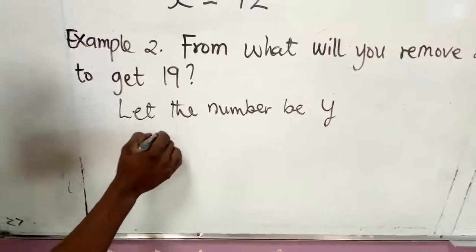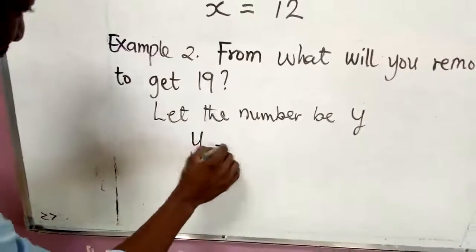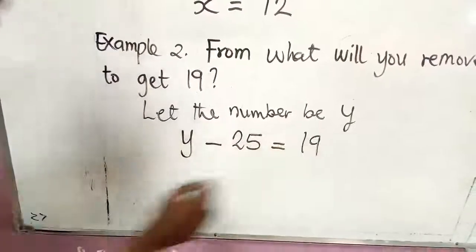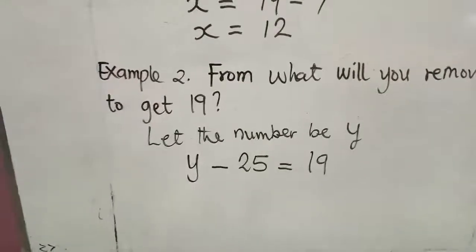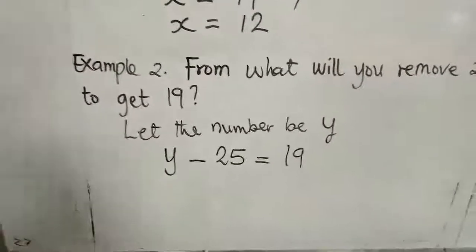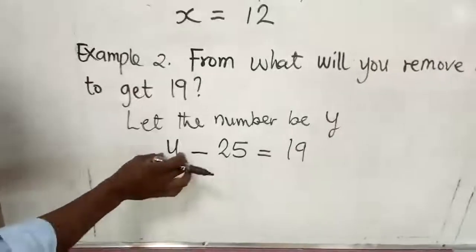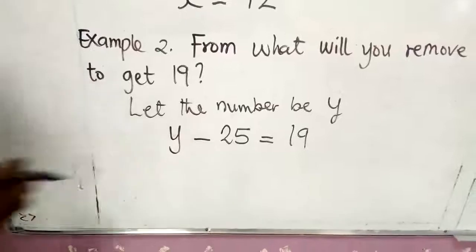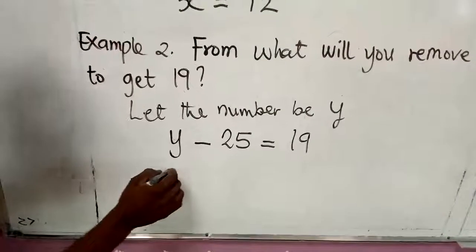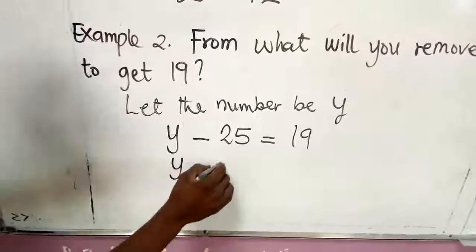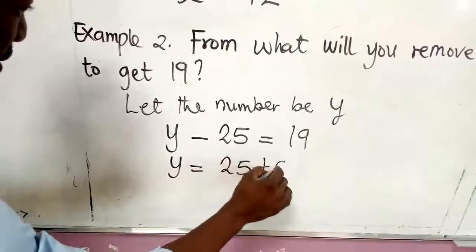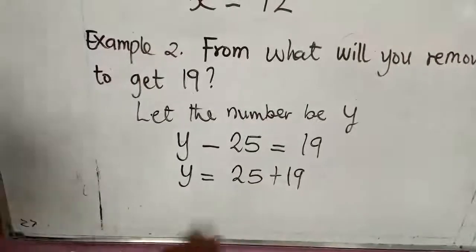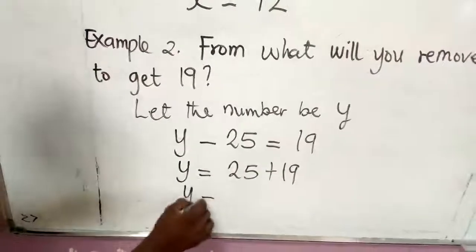So y minus 25 is equal to 19. So what could y be? Y here is the minuend, and the minuend is always the largest number. So to get this, we simply do addition. 25 plus 19. So when we add this together, y equals